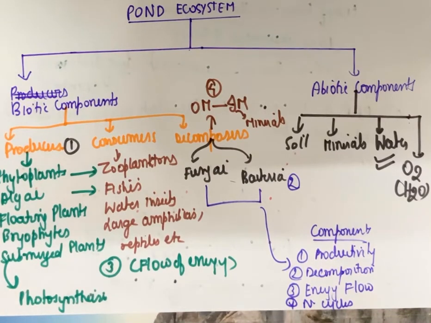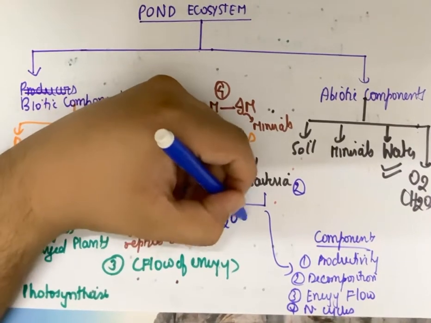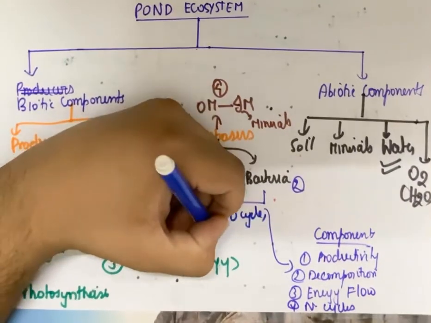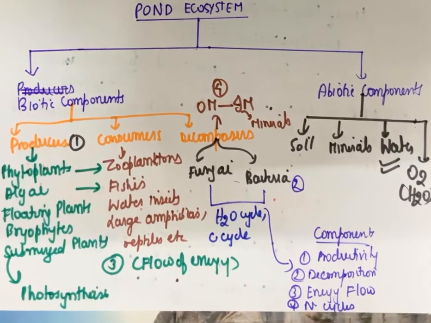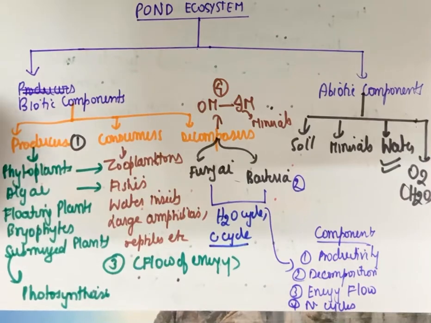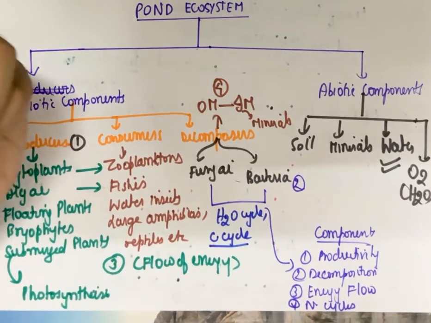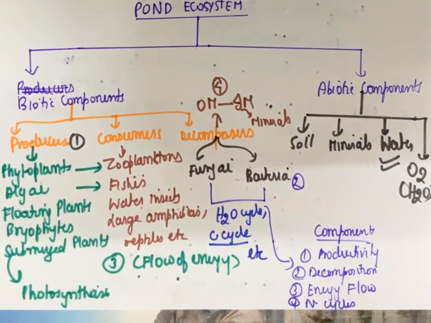There are many nutrient cycles. The water cycle, of course, the biggest one. The water cycle cannot happen without water, of course, from its name. Carbon cycle, the sulphur cycle. All of them involve water in some way or the other. I have emphasized the carbon cycle in my videos. The water cycle I haven't made till now, but I'll soon come up with that as well. So hence nutrient cycling is also happening in the environment.